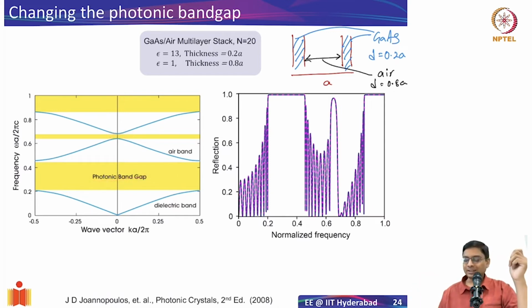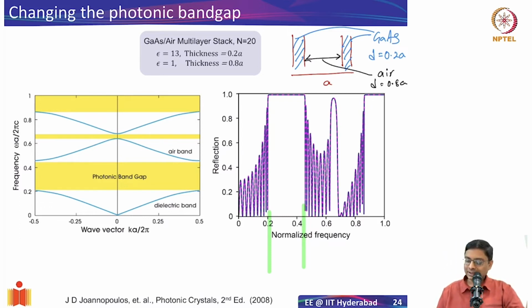And we don't need to take this for granted. We already have the T-matrix code, which we developed previously, and I'll share this again with you. If I reduce my thickness to 0.2, previously it was 0.5A and 0.5A, where both the gallium arsenide and air layers had the same thicknesses, I got the previous spectrum. Now I just change this number, and I can immediately see that the reflection spectrum exhibits a beautiful trend like this. Here, between 0.2 and 0.4, roughly slightly more than 0.4 actually, the reflection is maximum.